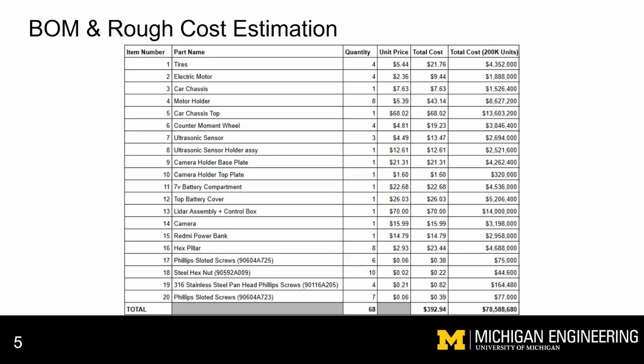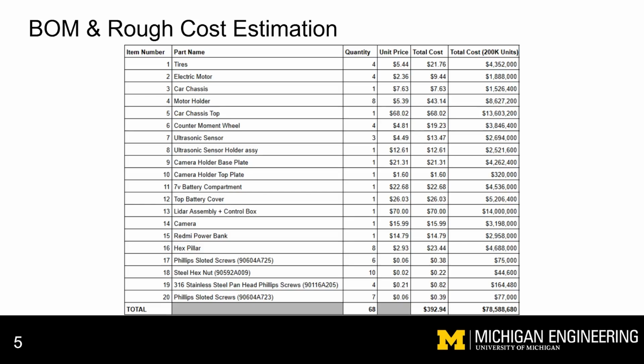Next is the bill of materials. Here we see all of the parts used in the assembly of our RC car. Since our car is special and revolves around driving autonomously, the assembly includes parts that are not typical for most RC cars, such as the LiDAR assembly and ultrasonic sensors. The total cost for one car is